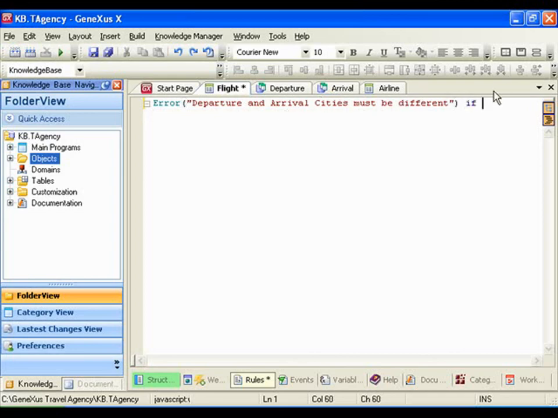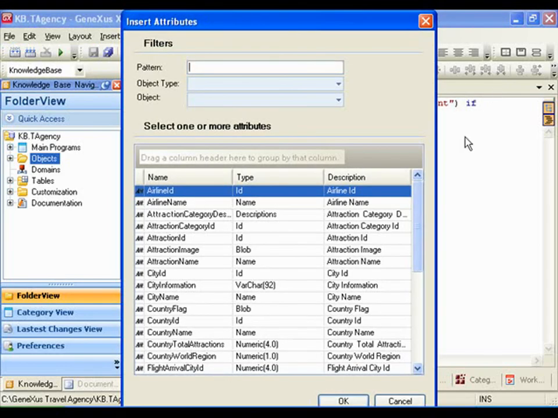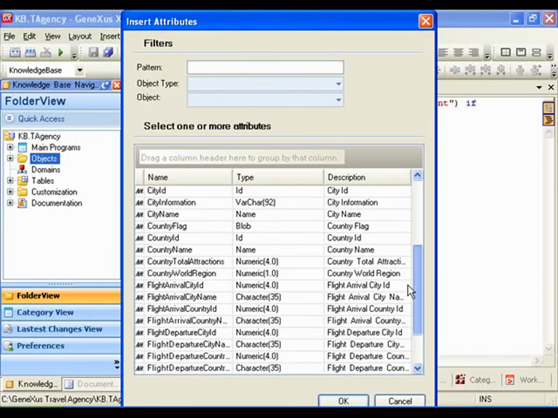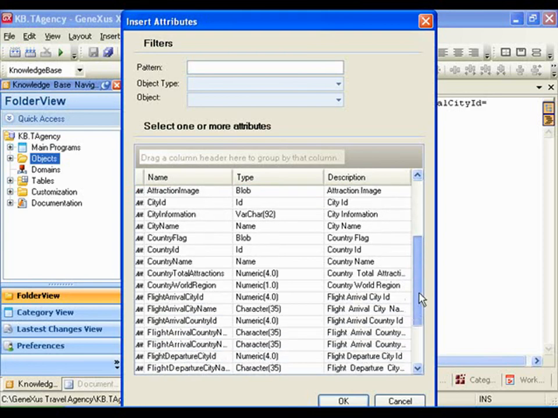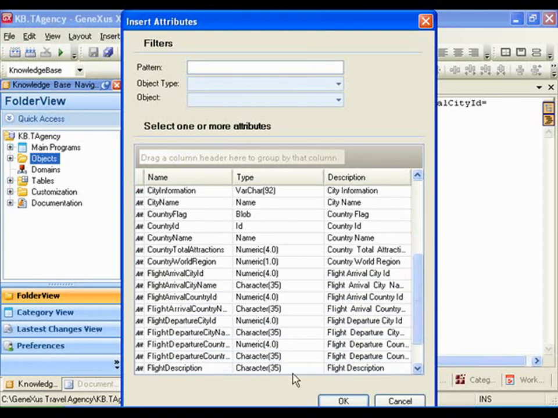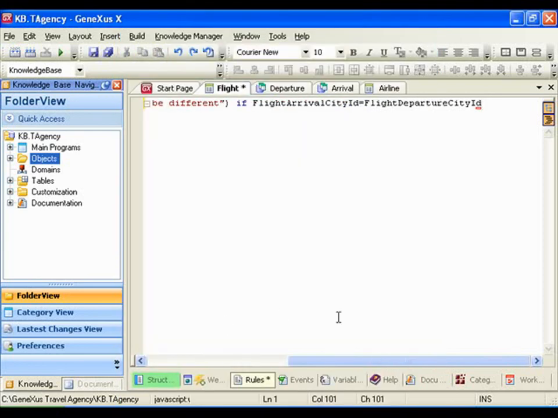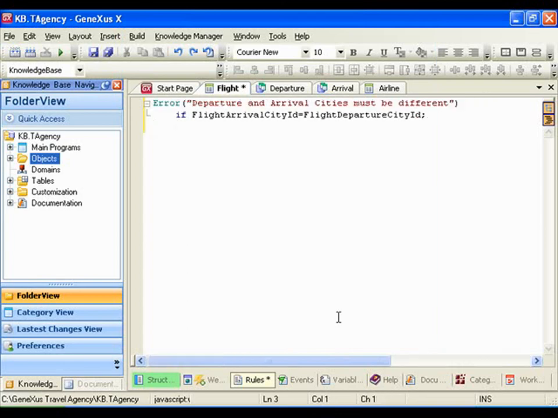It will be if the flight arrival city ID is equal to the flight departure city ID. So we save,